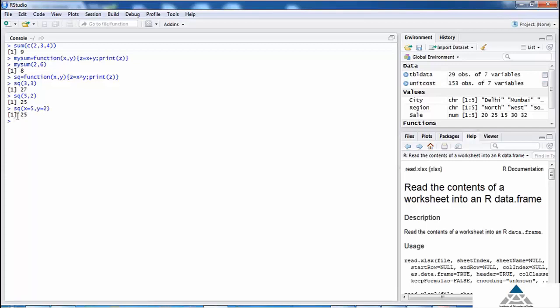On pressing enter, we can see we receive the same answer. Another way could be writing 5, y is equal to 2. This is called a named argument. Hence, we can refer to an argument by its name, or we can also use the direct value that we wish to assign to that argument.